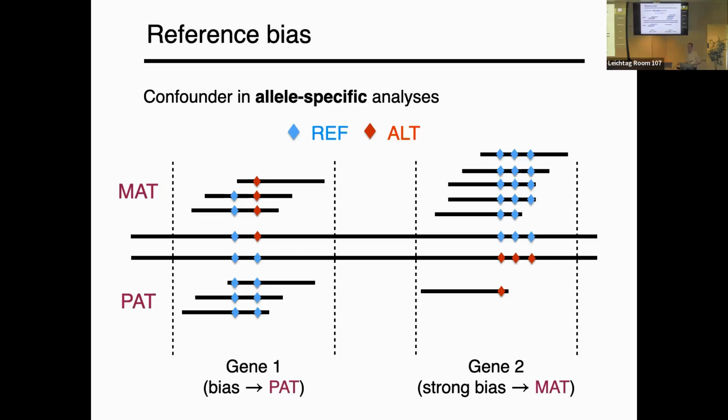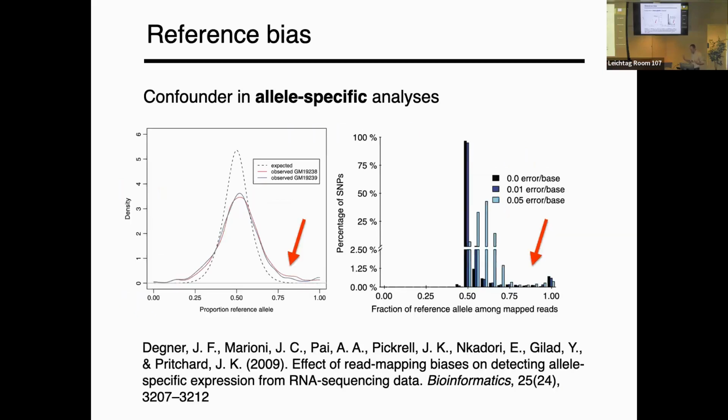It fails to find some of the reads. My point is that when this does happen, when your ability to recover reads from one of the transcripts differs because of the abundance of alt alleles on that transcript, that's perfectly confounded with what you're trying to study, which is allele-specific expression. This, in fact, was the sort of place where the term reference bias, as far as I